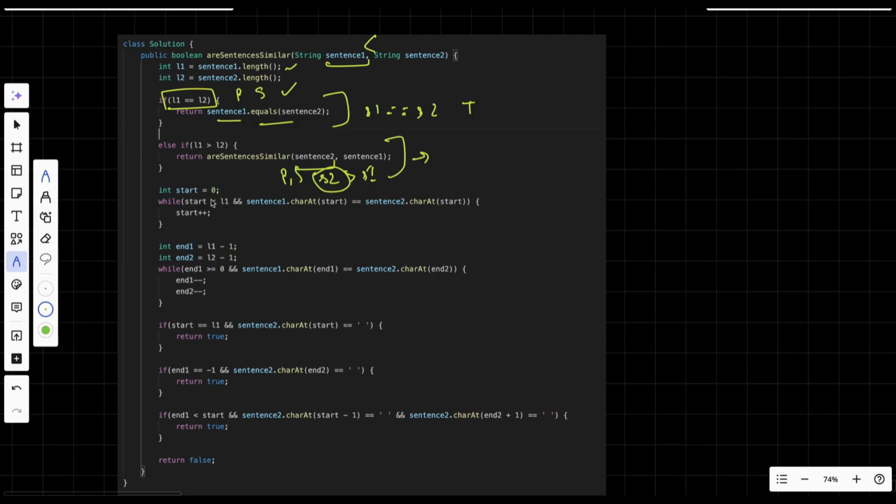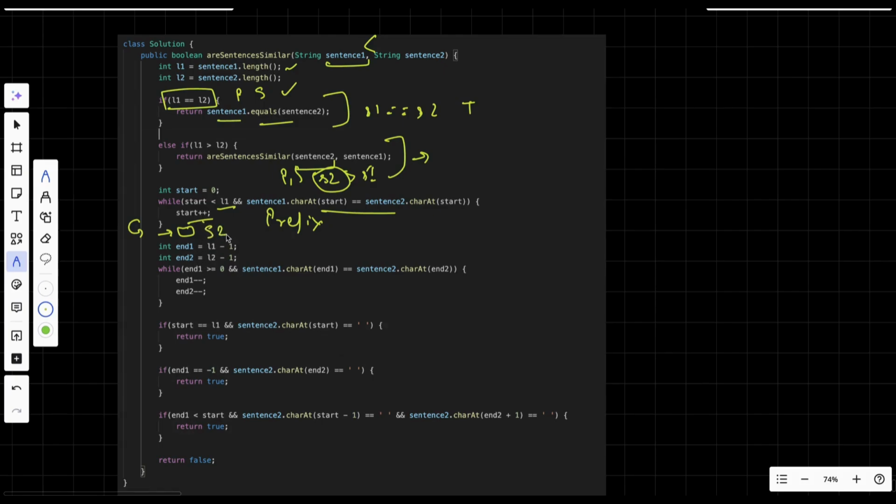Now we start at the start of the string, and we keep on checking the characters while they are equal. This will compute our prefix, and we keep on iterating by increasing our start variable. After this, our start will be pointing to the character which is not matching, or to the end of our string